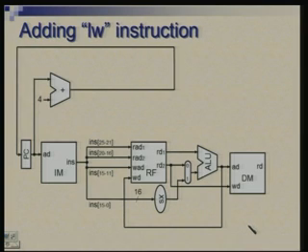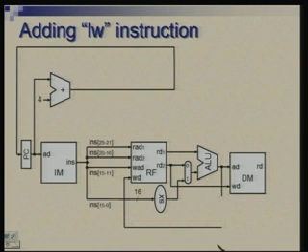Okay. Now, in the load word, the address generation part is the same, and that we do not need to touch. The same mechanism, same paths, and that need not be modified. What additional thing we need to do for load word is to take the data from data memory and put it back in the register file at the appropriate address.